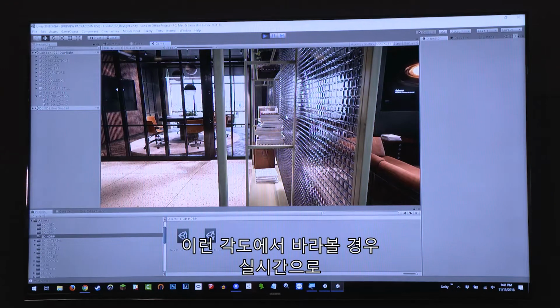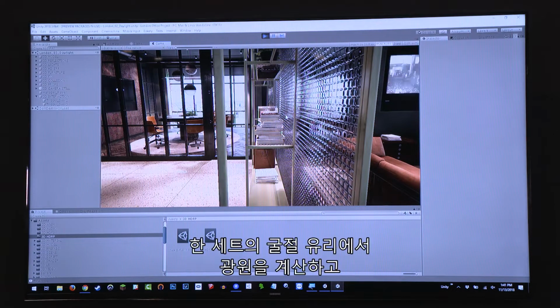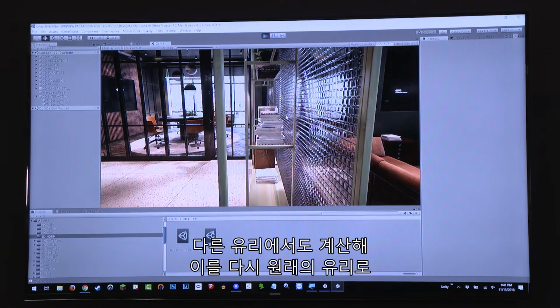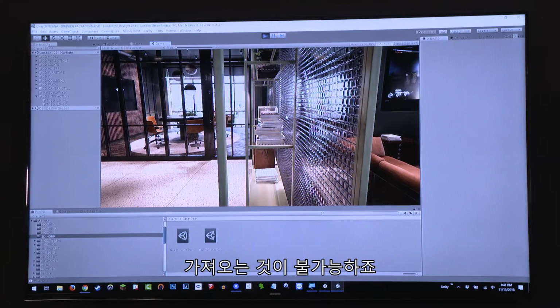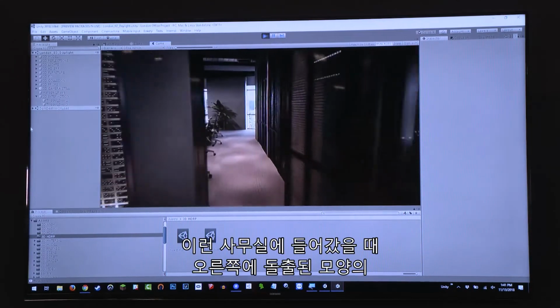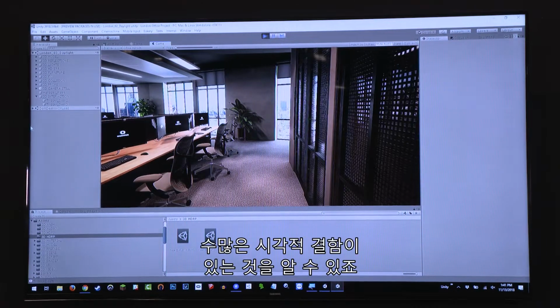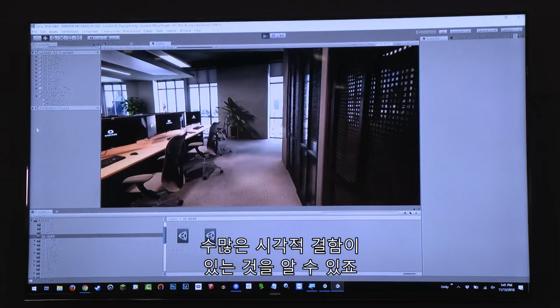Notoriously, what will happen in real time is that it's going to cause all sorts of banding. It's not going to be able to calculate light going in one side of refractive glass, out the other, but back into the same sheet of glass due to the bumped nature of it. And that can become really apparent when you, say, walk into an office like this and you have that bumped glass off to your right. You'll notice a bunch of visual artifacts and such.